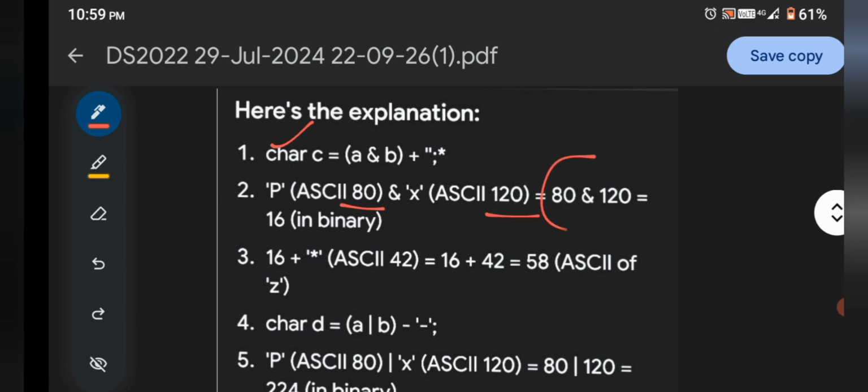Now if we take the AND operation, we get 16 in binary. Now coming to the 16, add the ASCII code of star, which is 42, so we get 58, and 58 is the representative of Z. Now come to the next, character D.